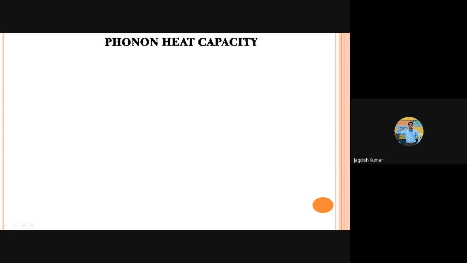That this unit on thermal properties could be completed. So that is why I think maybe today's class and once